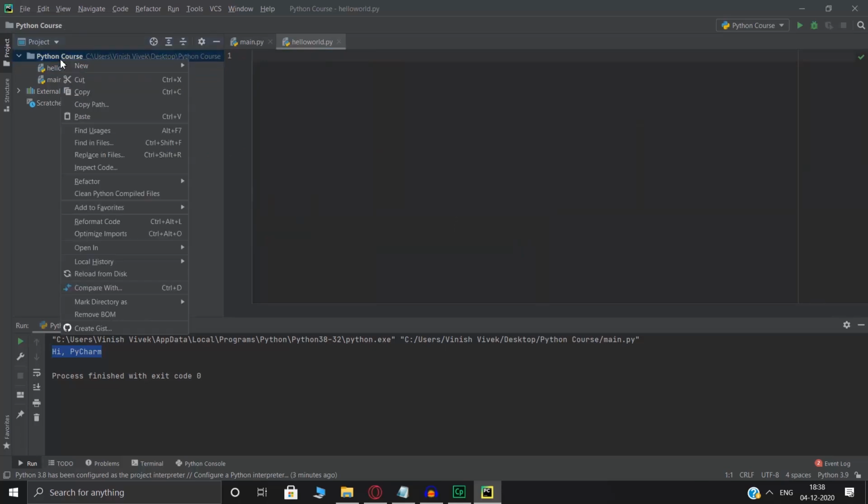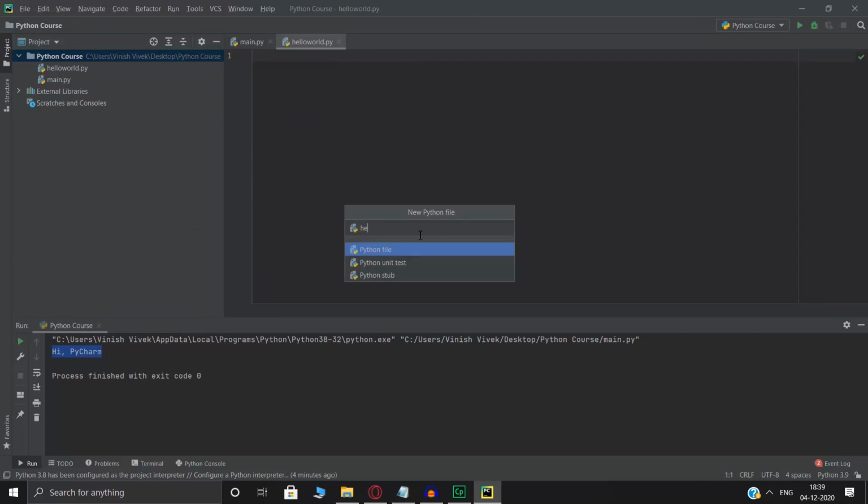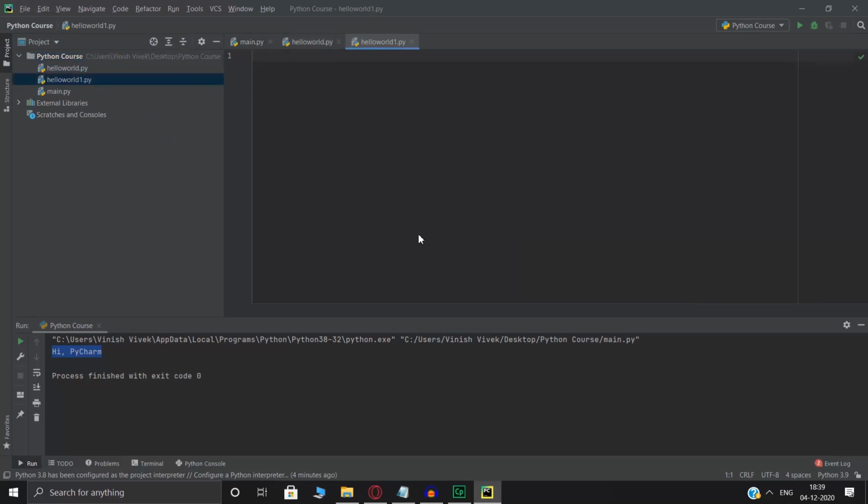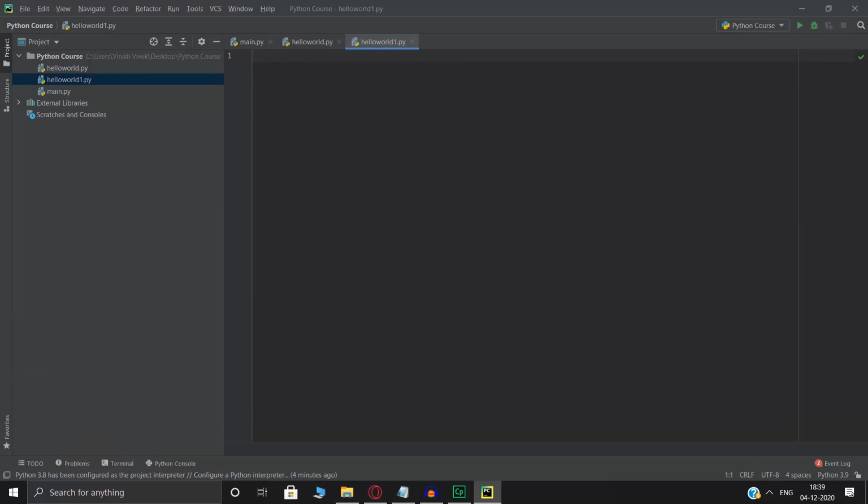If you don't want to do that, you just right click, new, and select Python file, and then just give it a name. This way you don't need to save it as a .py, and it automatically gets saved as a .py file. Now when you want to run your code, let me just shut this. Here you'll write print, and as you can see, this is giving you an option to directly select what you want to write in. So the brackets automatically come in, right? And then you type in your code. This way you don't make syntax errors as well, because the IDE will give you an option.